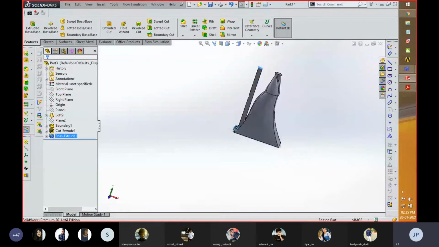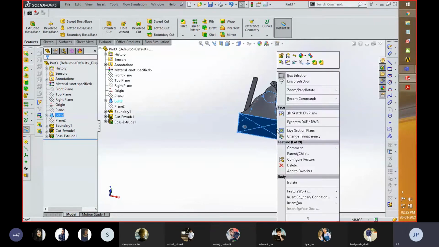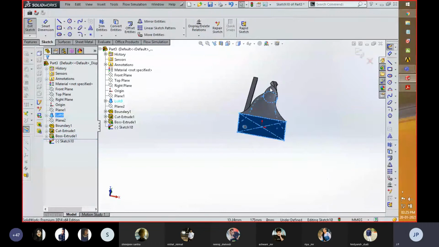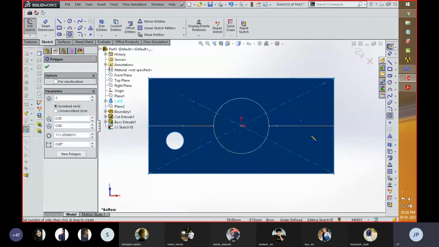In similar manner, if you want to do this thing, I am going to showcase you how that can be performed. Over here, I am going to sketch a part. Click over here, then click up hexagon.